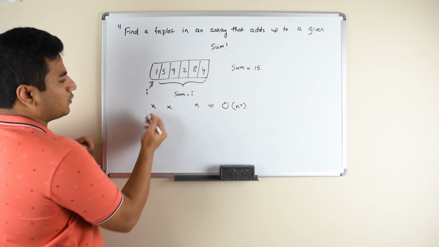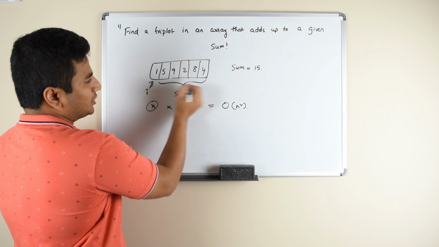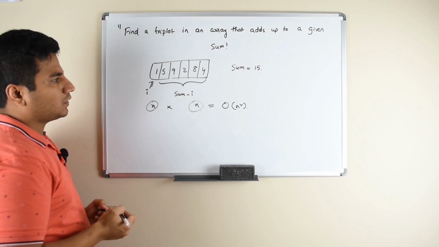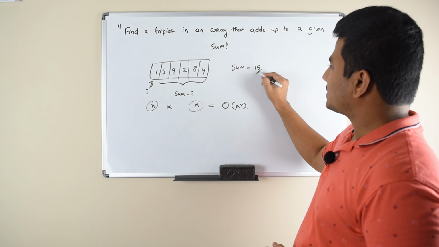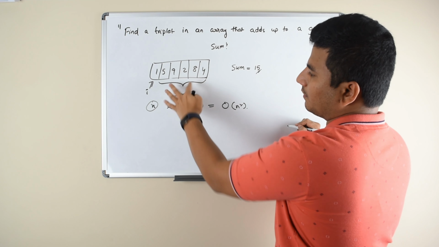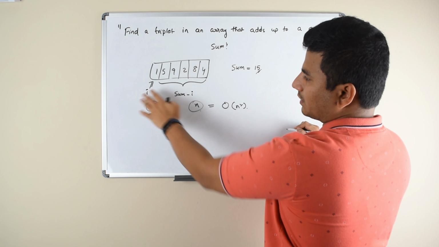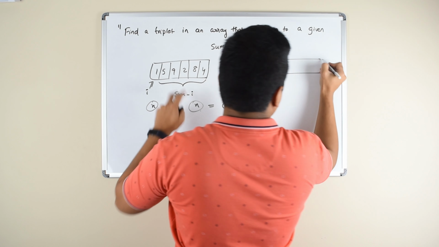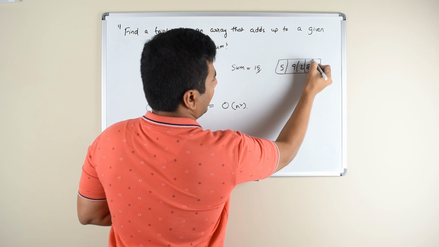So we understand the portion of how this n comes up. Let's try to understand how the hashing technique works on the rest of the array and how this n comes up here. So let us see with this example here. So you have the summation of 15 and you are trying to find an element here which adds up to the sum minus I. So let us say your first element is 1. So you want to find a pair in the rest of the array: 5, 9, 2, 8, 4.